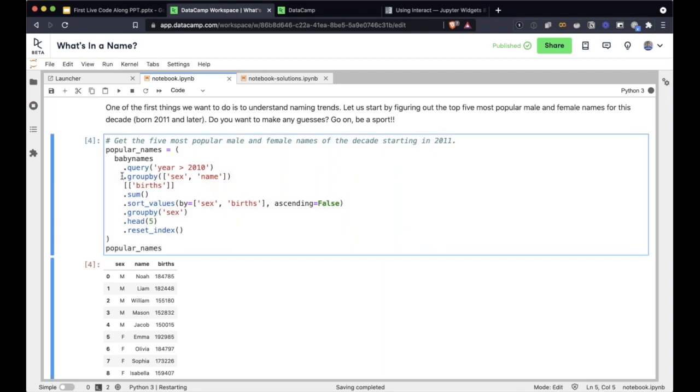we wanted to compute the number of babies with a given name and sex born after 2010. So this aggregation we wanted to do across sex and name, but we wanted to pick the top 5 names only by sex. So we want to pick the top 5 names for males and females. And that's why the second group by was done, so that we pick the top 5 in each sex. So that's the reason why we did 2 group bys.